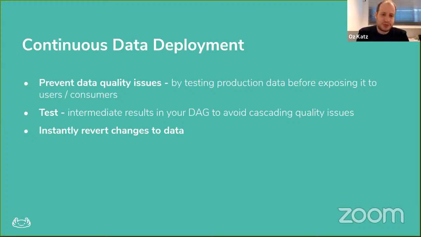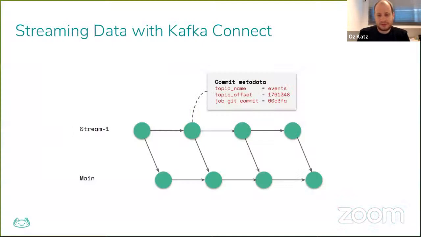So continuous deployment means basically merging into my master branch at given intervals, maybe every time my Airflow DAG finishes running, or every few minutes, or every minute if I'm reading from something like a stream or Kafka. And every time before I do this merge into my master branch, I want to run some validation